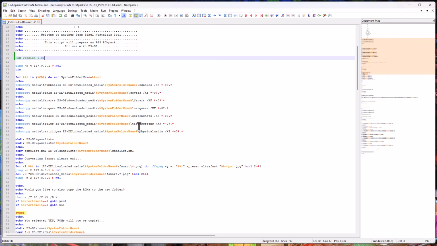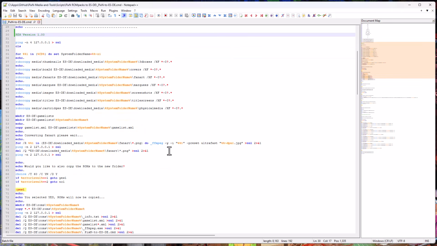So you could kind of do it manually, copy your media across, then rename all the folders, but I thought it easier to do it in a script. And then, like I say, it kind of just expanded from there. So the game lists, inside the game list is a slightly different format. It doesn't have all the artwork listed inside the XML,